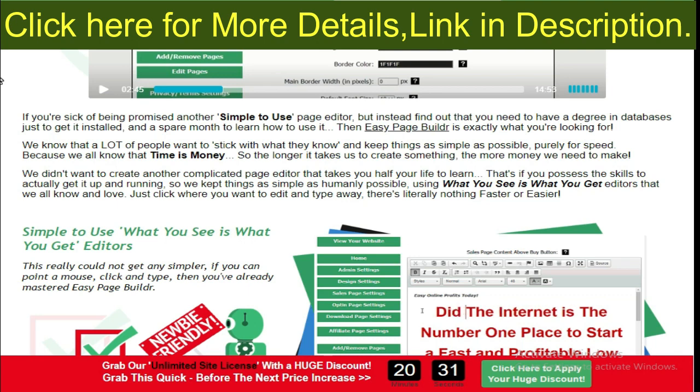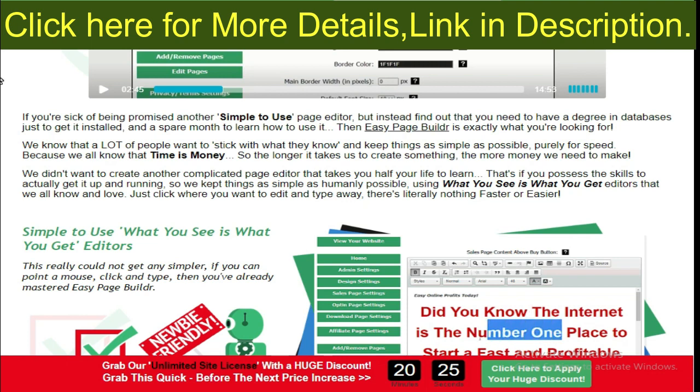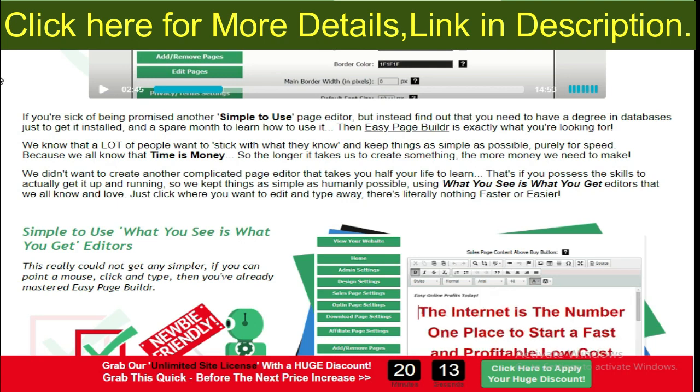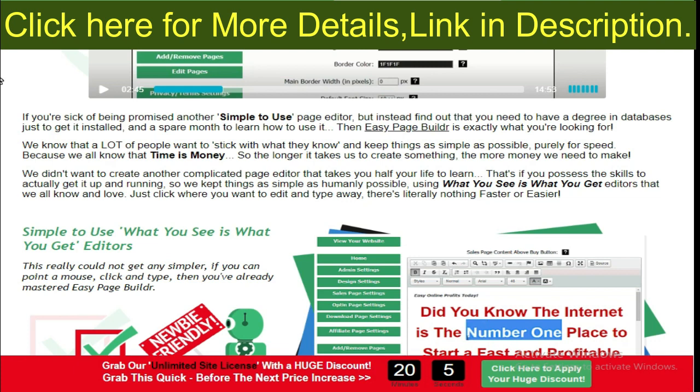People want to see results as fast as possible, because we all know that time is money. The longer it takes us to create something, the more money we need to make. We did not want to create